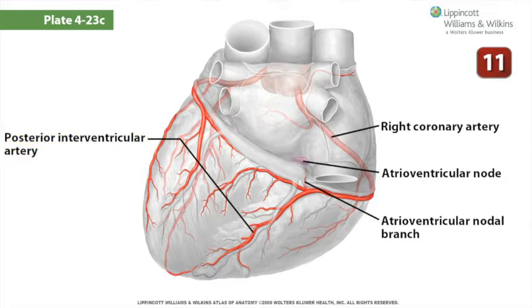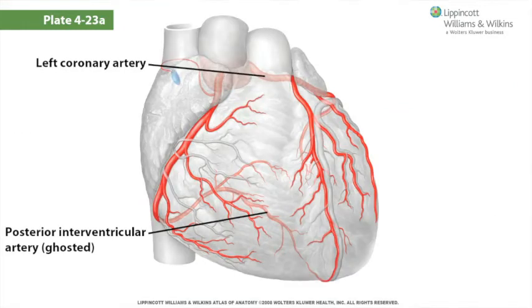The right coronary artery then continues for a short distance in the coronary sulcus before terminating. The right coronary artery supplies the right atrium, most of the right ventricle, the diaphragmatic surface of the left ventricle, the posterior part of the interventricular septum, the sinoatrial node in about 60% of hearts, and the atrioventricular node in about 80% of hearts. The left coronary artery begins in the coronary sulcus on the left side of the heart